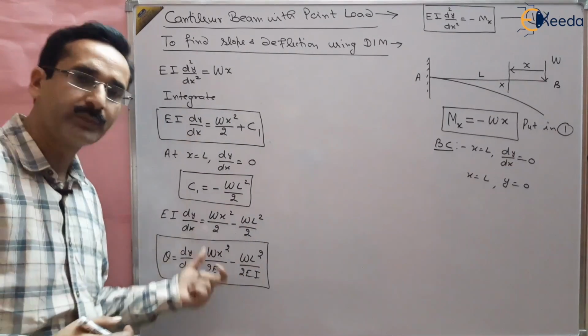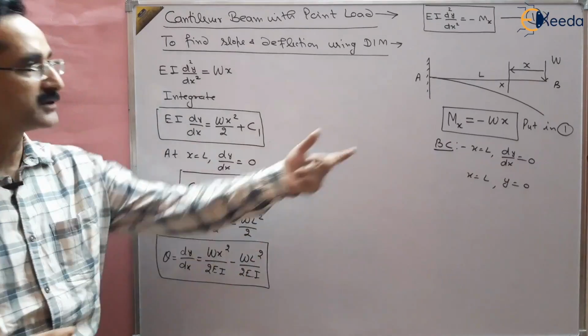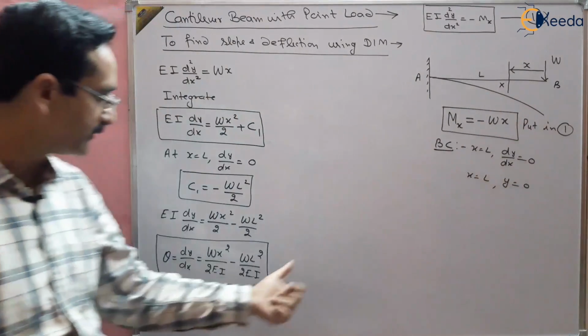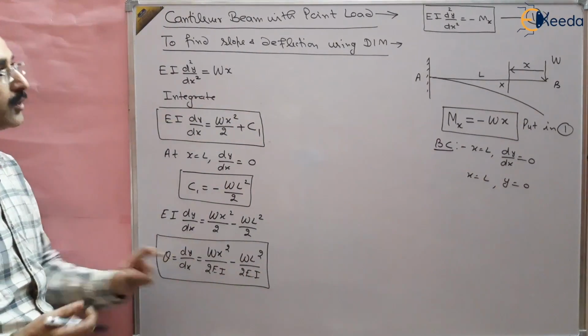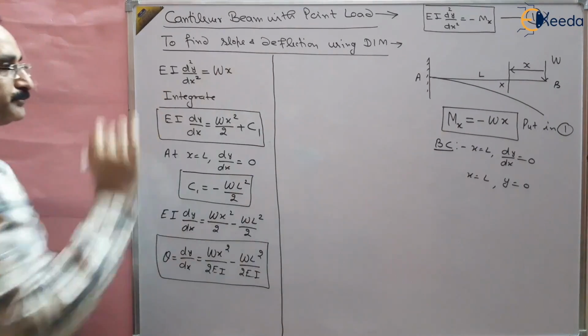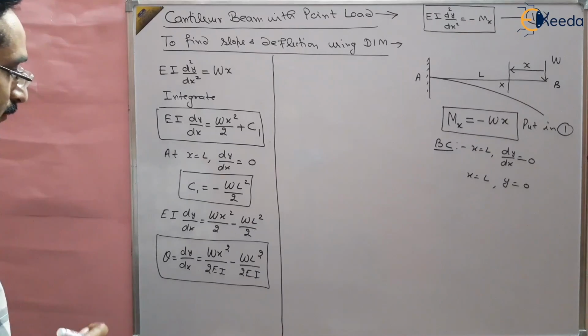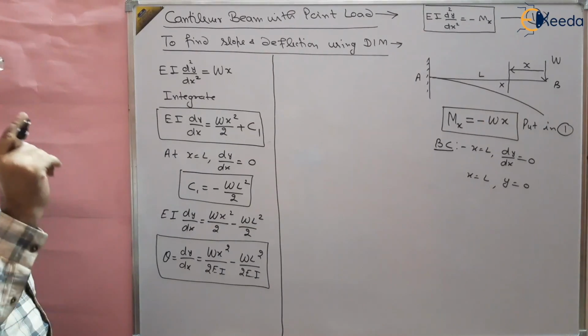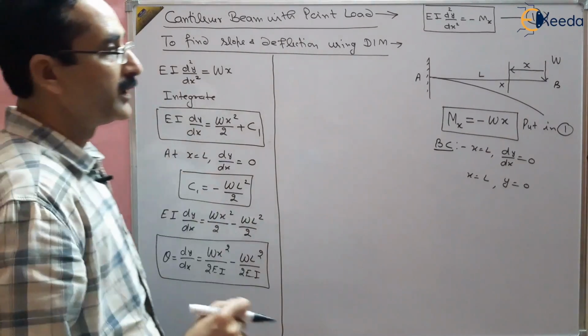So this is the slope which is valid from B to A because there is no other load in between, right? So it is valid from B to A. So this is the slope of this beam, right? But as I said, our aim is to find out the maximum slope, and the maximum slope